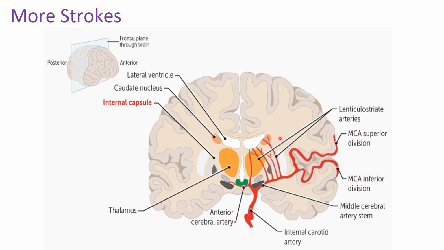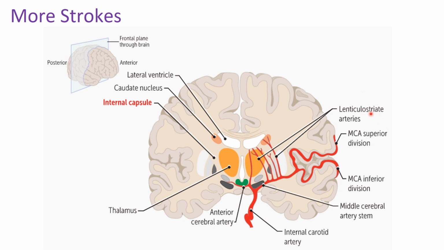hemorrhage. And then the other thing to note is the internal capsule, which is fibers coming from the cortex running down into the brainstem to get to the rest of the body, could also be damaged with the lesion here. So if you think deep brain lesion, hemorrhage, or infarct, you're thinking lenticular striate arteries for the most part. And that's going to be lacunar strokes or Charcot-Bouchard aneurysms fall into that ischemic and hemorrhagic components when you're thinking